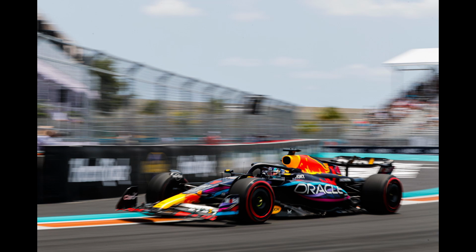So is this FP3 session essentially a rehearsal for what we're going to see later with qualifying? Is that the kind of running we're going to be seeing for the rest of this 45 minutes or so? It appears that it's fairly well straight down to it. Yeah, low fuel running right now. Perez has done the fastest middle sector, heads down the long straight, up to eighth gear, 340 kilometers an hour,